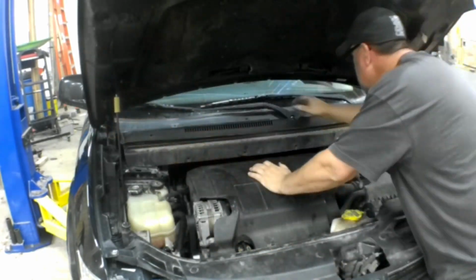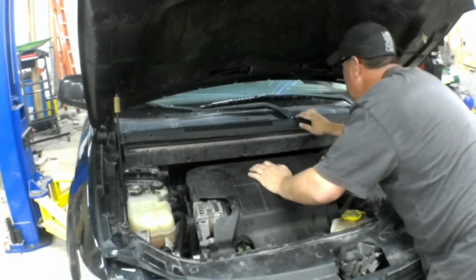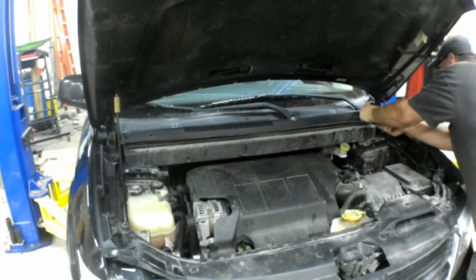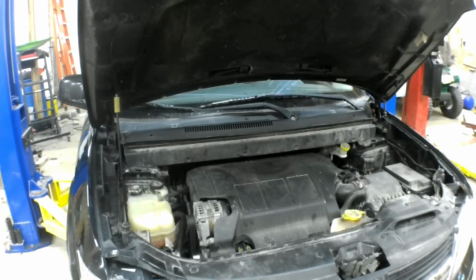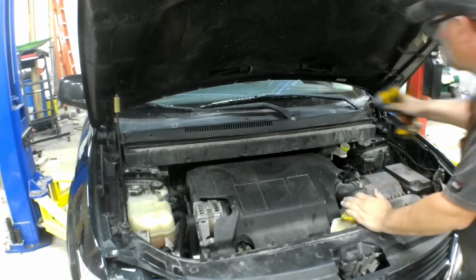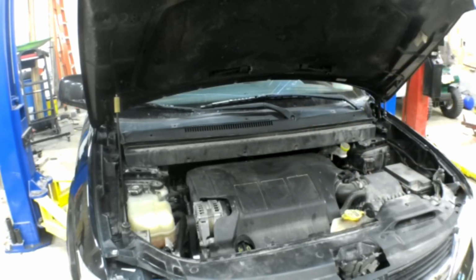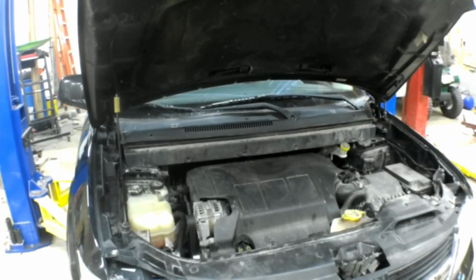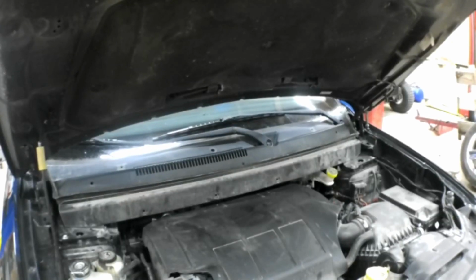Now, in order to remove the rest of that wiper cowl, you got to pull the wiper arms off. There's a little plastic cap over each one. There's a 15 millimeter nut that secures the wiper arm to the pivot. I have a tool for removing wiper arms, a little puller, but of course I can't find it. So I put the nuts back on, a few threads so I don't damage it, and then I just shock